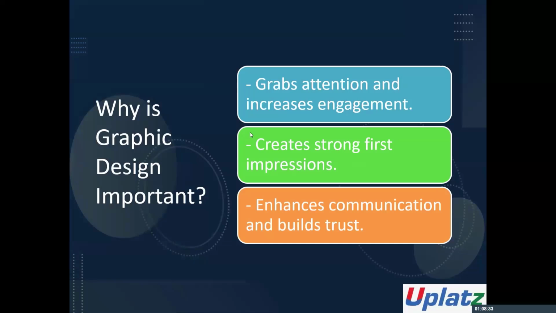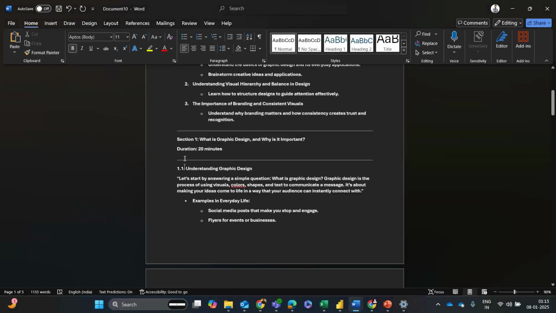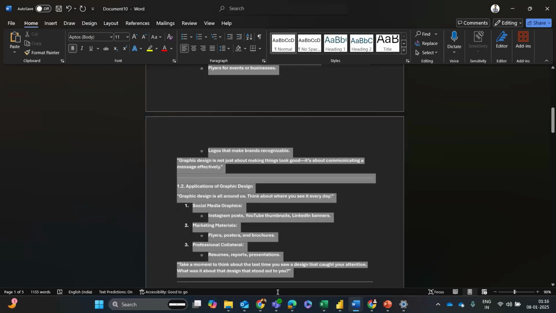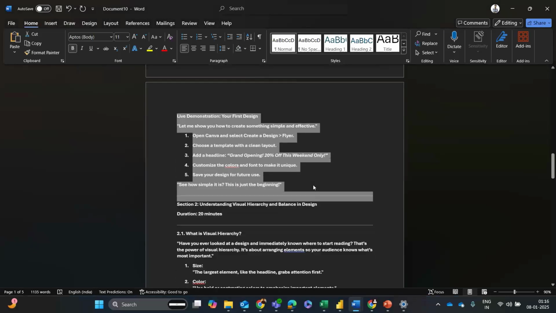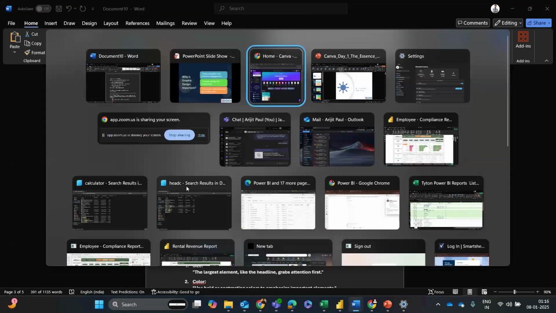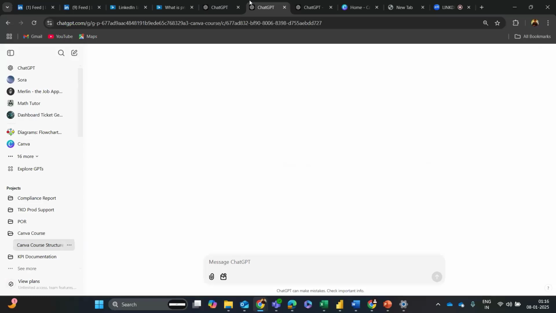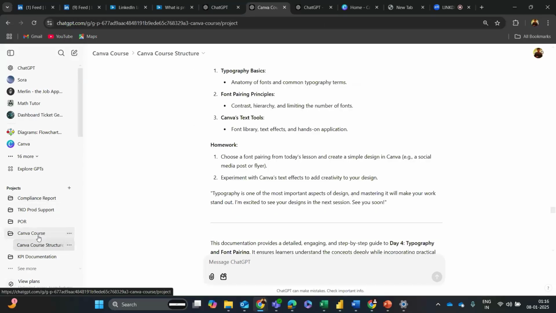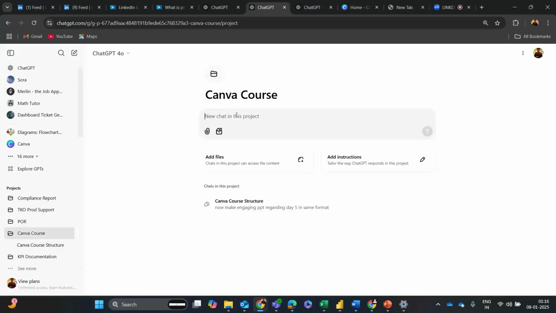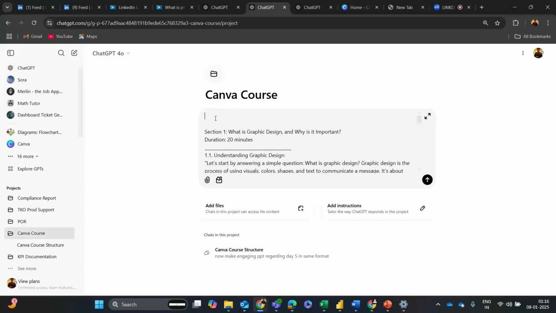So, why is graphic designing important? We need to understand this. And first, we need to go to the end to end documentation which we have. So, we have this first section one, which we will definitely have a deep dive into. So, we'll go into our conversation which we were having. So this is the course structure. And if we go to Canva course again, we can initially find a new conversation, a new chat, and we copy paste the entire section one, and I say,